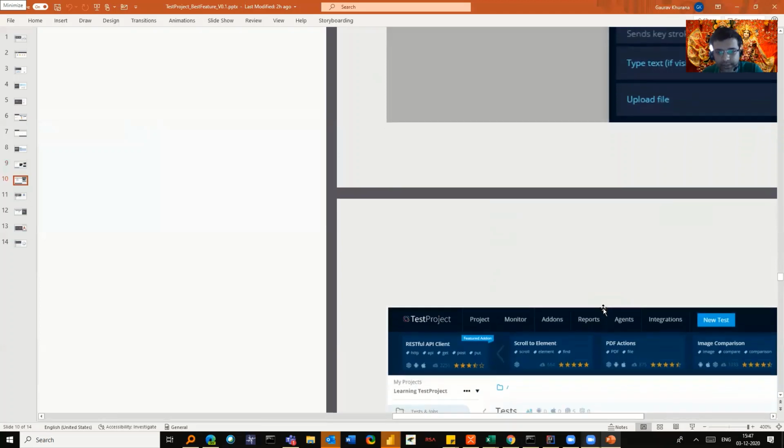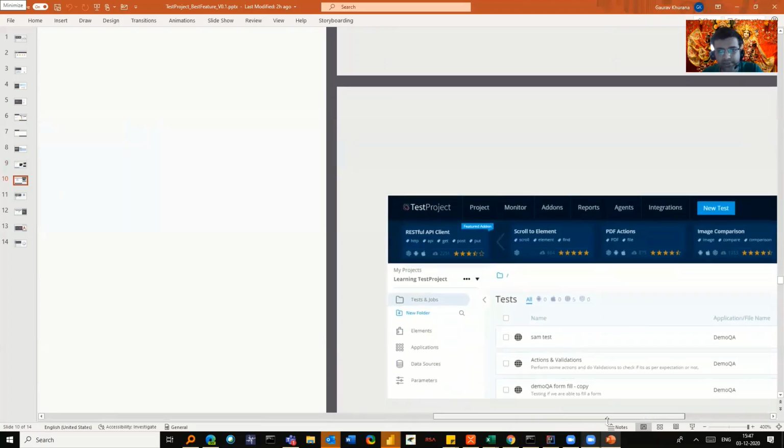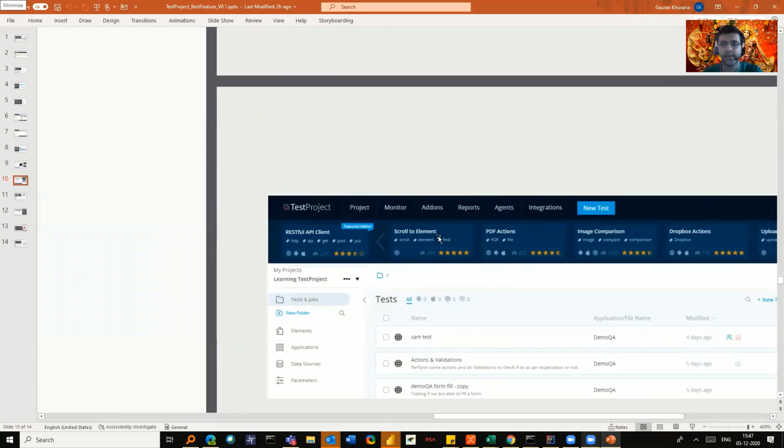And I'll show you here that some typical things which you search for, they already have. Because whenever you are doing Selenium you get lost in things. You have to learn how to read Excel, for that you learn POI. For logging you learn something else. For image comparison you will search for tools. But all those basic things, which are not, I would say, basic, they are complex. But your automation mind, your focus is to match actual versus expected, and for that you have to do another learning. So here that part is less.